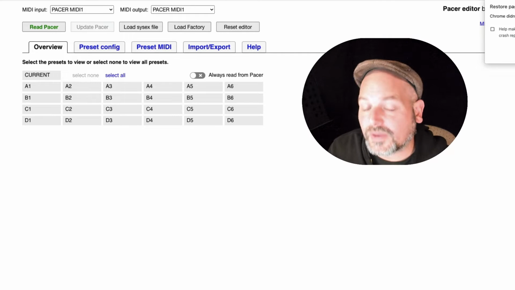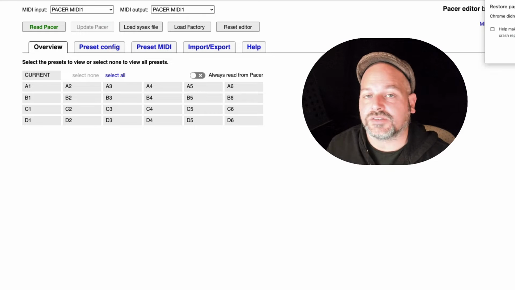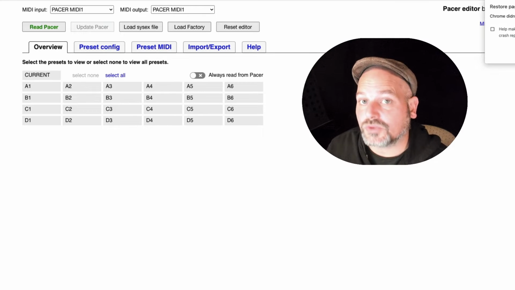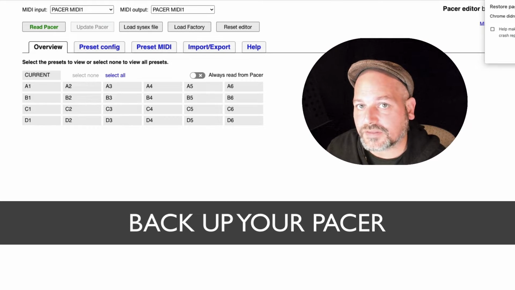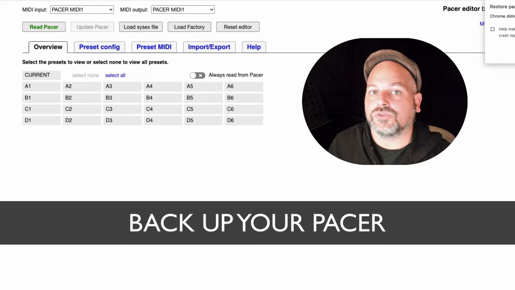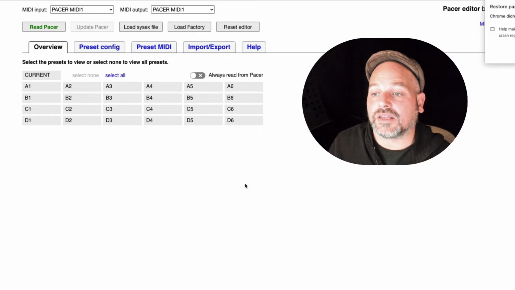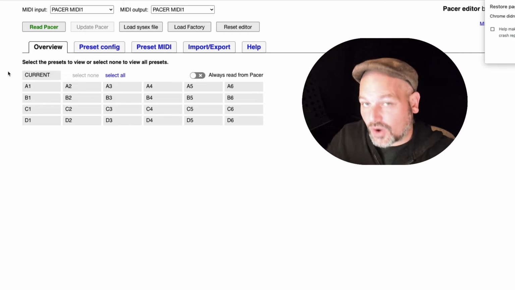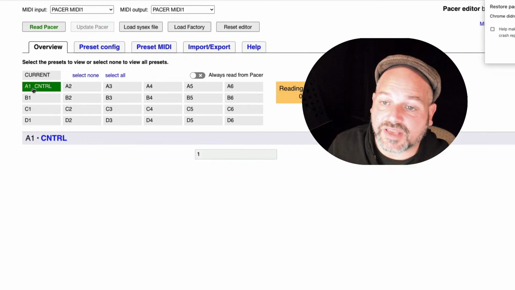That's not a problem if you haven't changed stuff before, and if you just bought your Pacer and you just wanted to send out MIDI notes to use my Max4Live device, for example. If you have changed stuff before, you want to back up your Pacer and then load my preset on there to test it. So you can just load the whole preset file on there, and on the slot A1